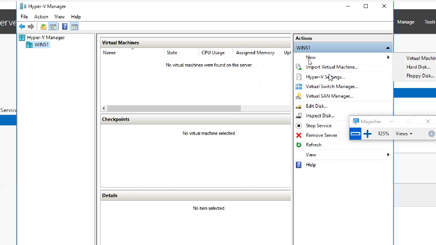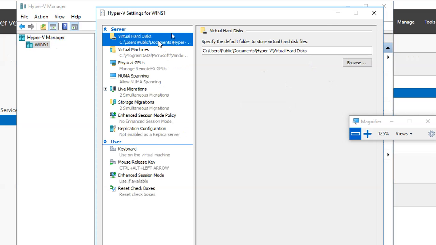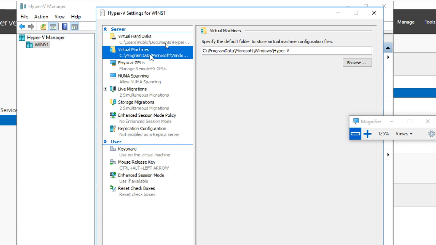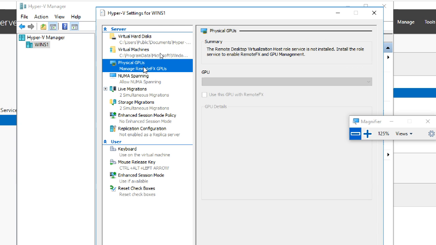If you go to the settings, it shows the default location for your virtual hard disk, and you can change the place also. If you don't want to put it in Users Public Documents, you can put the virtual hard disk in a separate place. By default it is ProgramData; you can put Hyper-V files in this location, otherwise change the default setting.